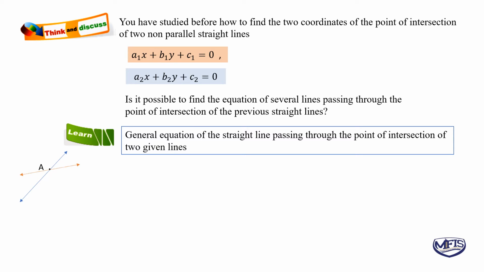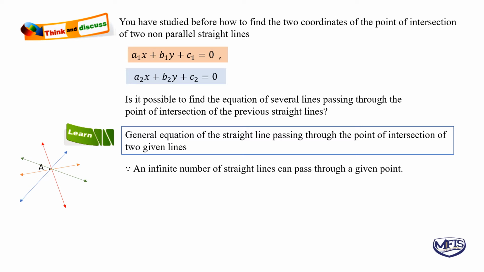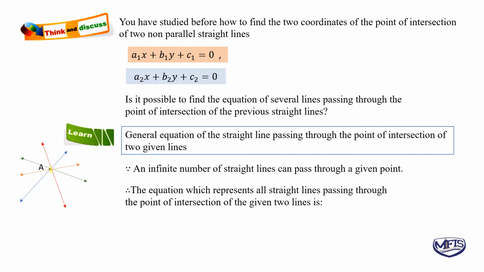We have two straight lines that intersect at the point A, so we can find a general equation for all lines that pass through the point A, which is the intersection between the two straight lines L1 and L2. So we have an infinite number of straight lines passing through the point of intersection. The equation which represents all the straight lines passing through the point of intersection of the two given lines is m multiplied by the first equation a1x plus b1y plus c1